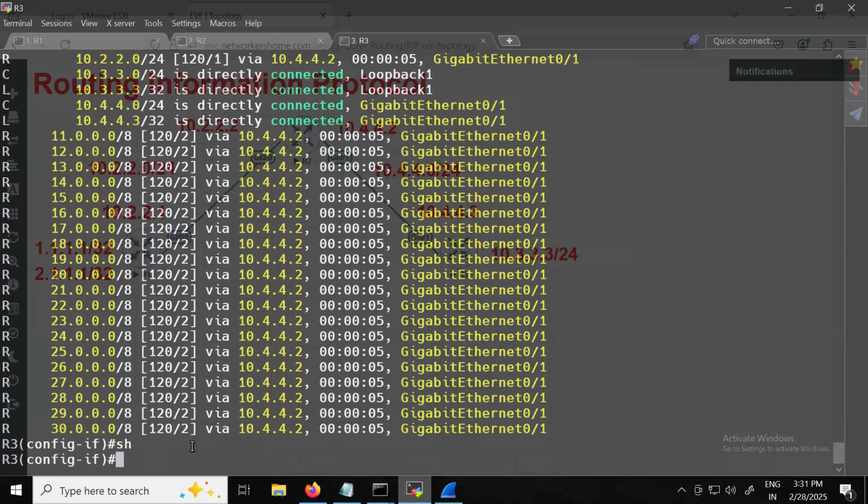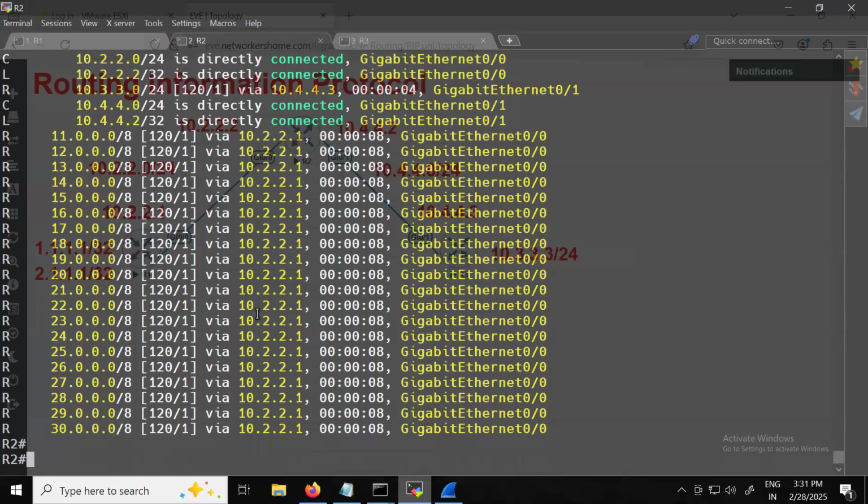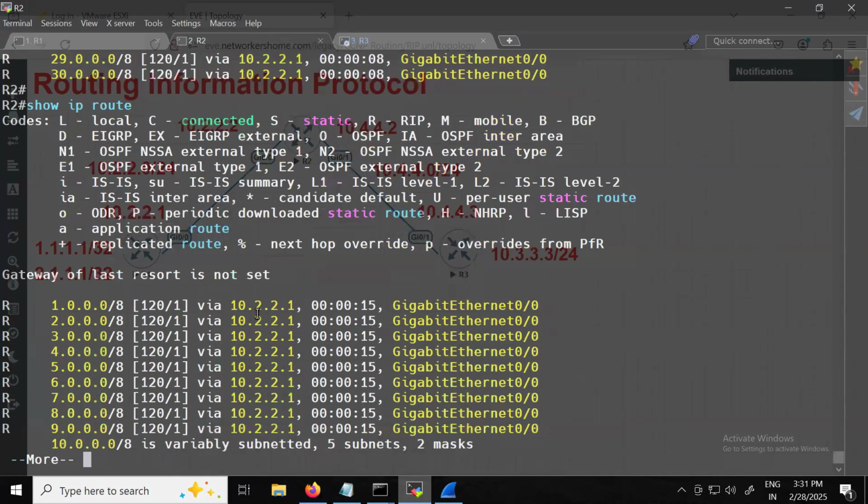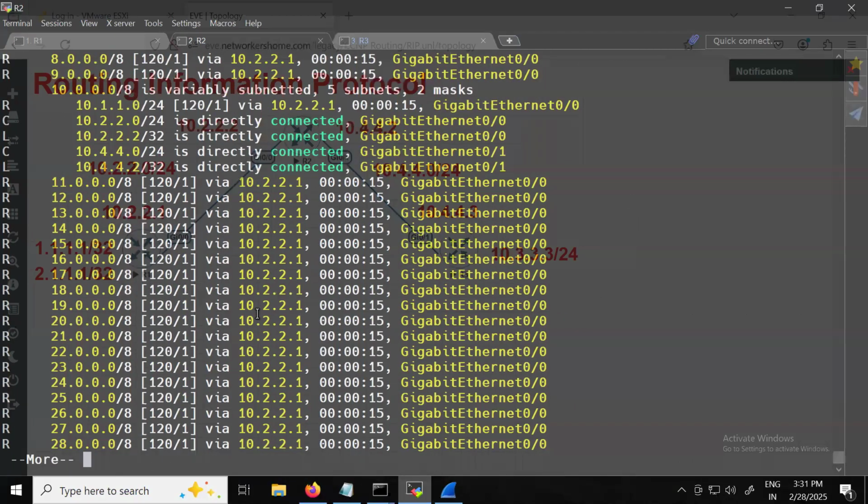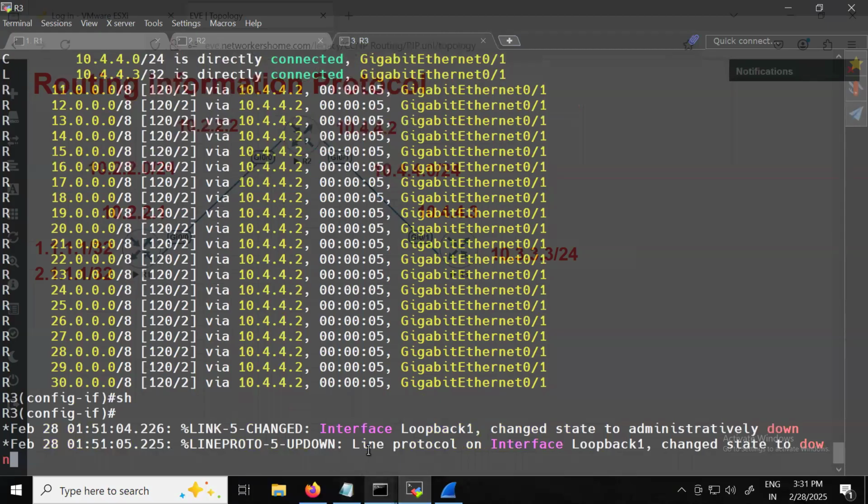If I say shut down, and if I check here, right now it is immediately removed. Why? Because as soon as I shut down this, it doesn't get to timeout. This guy will directly advertise that, okay, not reachable. So for this thing, what we can do is,